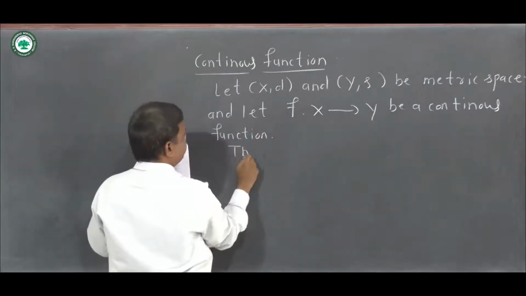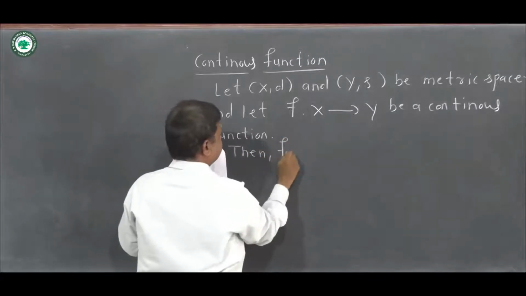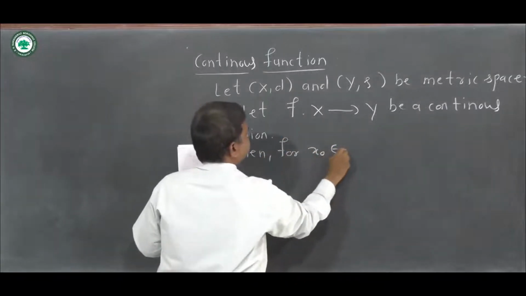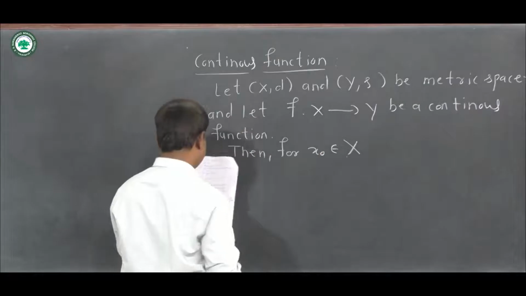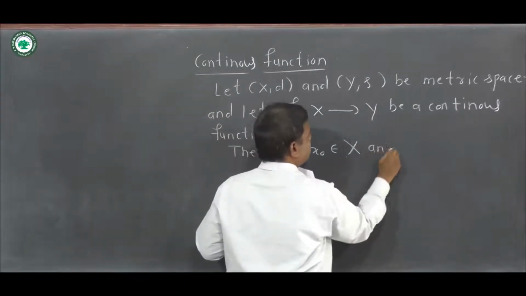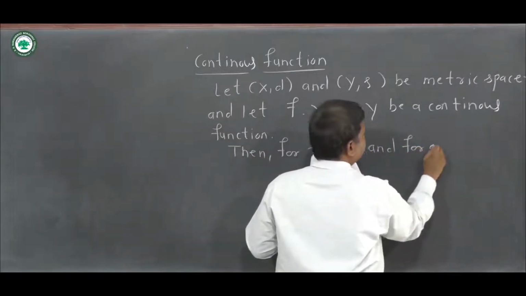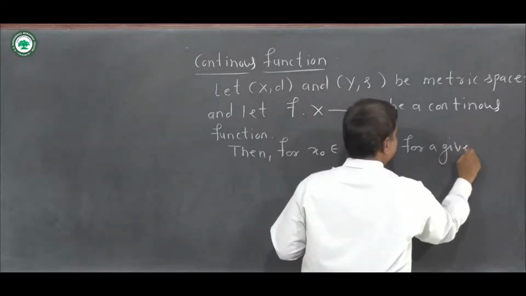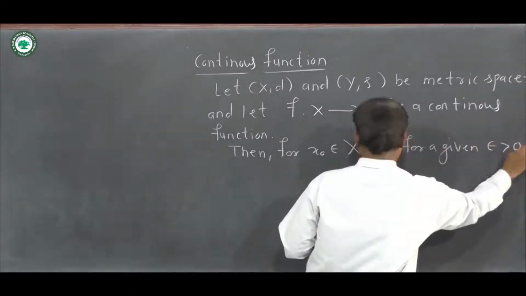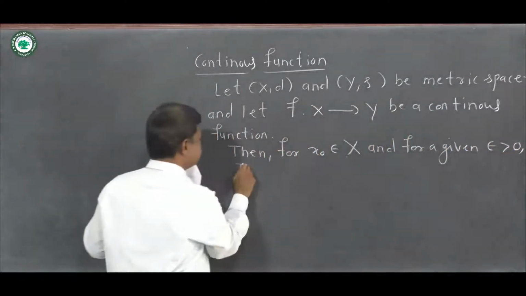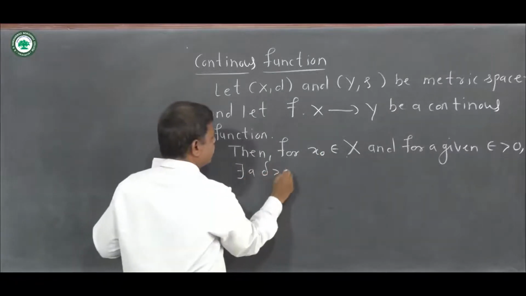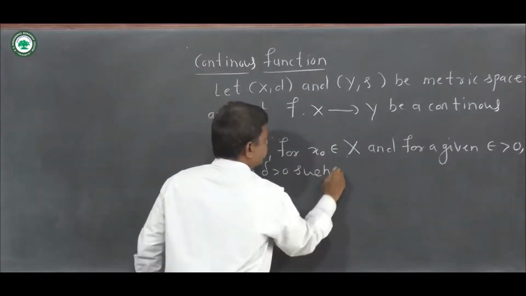Then for each x naught belongs to X, that is for each element of this set, and for a given epsilon greater than 0 there exists a delta greater than 0 such